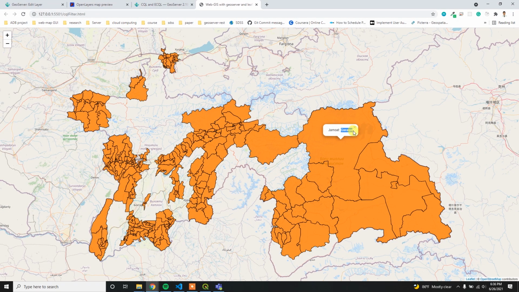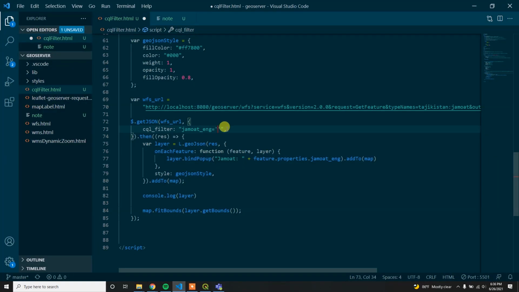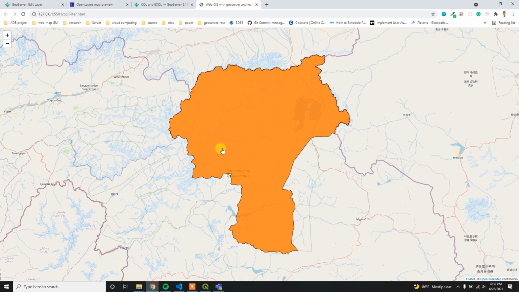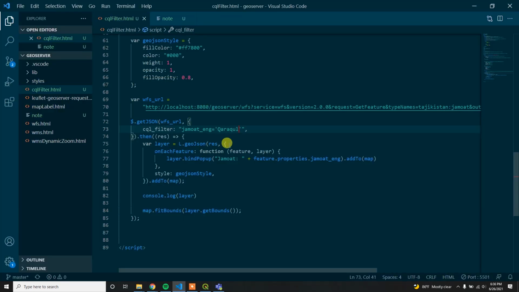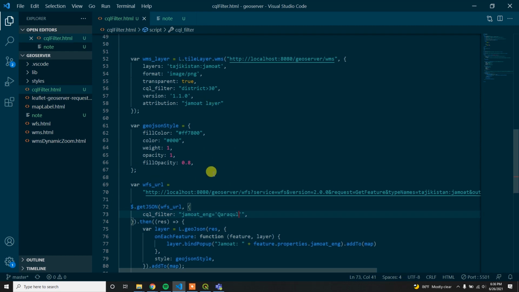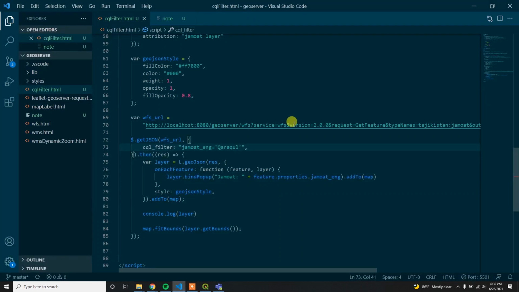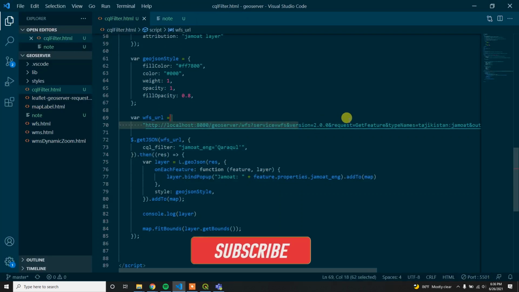So simply copy this and paste it here. Okay, now we got only one Zamoth. In this way you can apply the filter in WMS and WFS, and you can provide it directly in the URL as well.